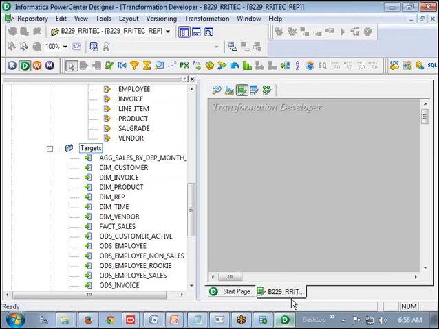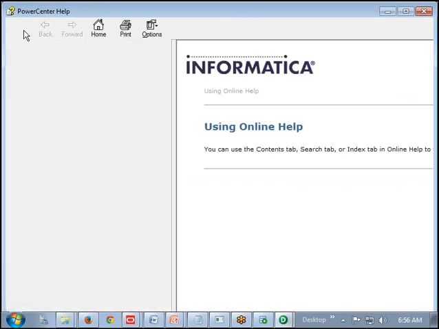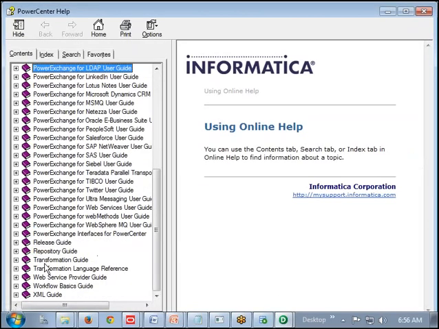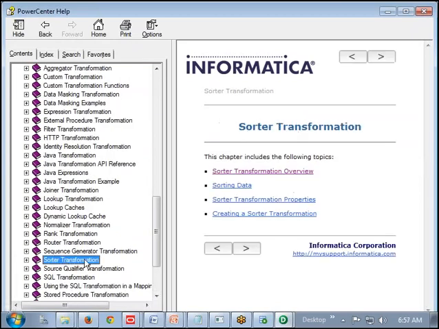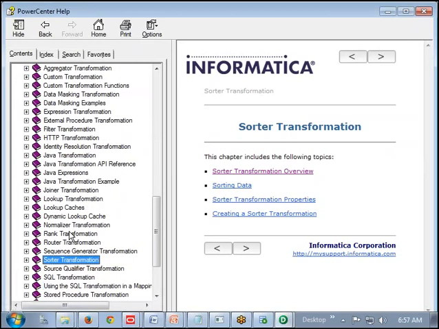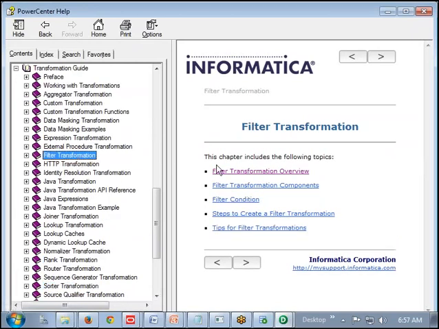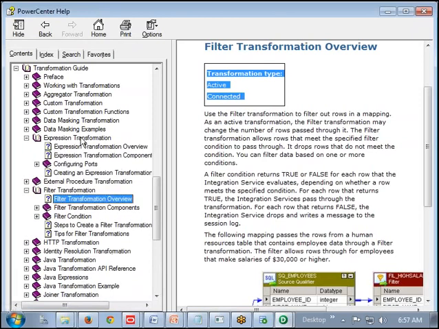Suppose I take any transformation. Let's go to Help, then Contents, then Show, and at the bottom I have the Transformation Guide. There we can observe one of the transformations; let's say Sorter, or for better understanding, let me go for Filter. Filter transformation is what? Active. Next is what? Connected. Now we go for Expression transformation.